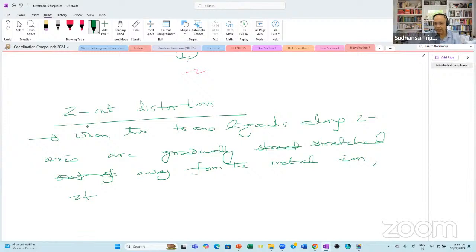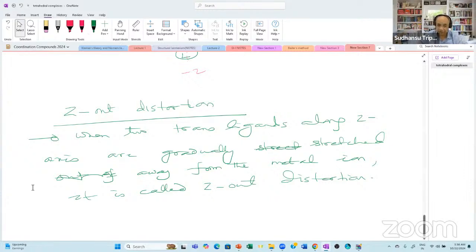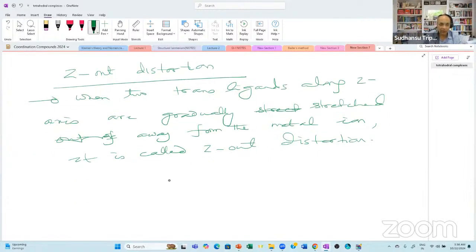When two trans ligands along Z-axis are gradually stretched away from the metal ion, it is called Z-out distortion. That means Z-in distortion is also possible. Two trans ligands can, in some cases, become closer to the metal ion relative to the other four sitting at the corners of a square. When this happens,